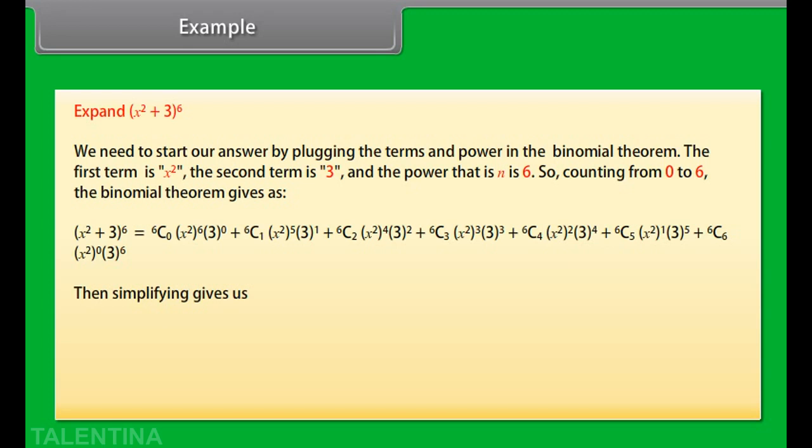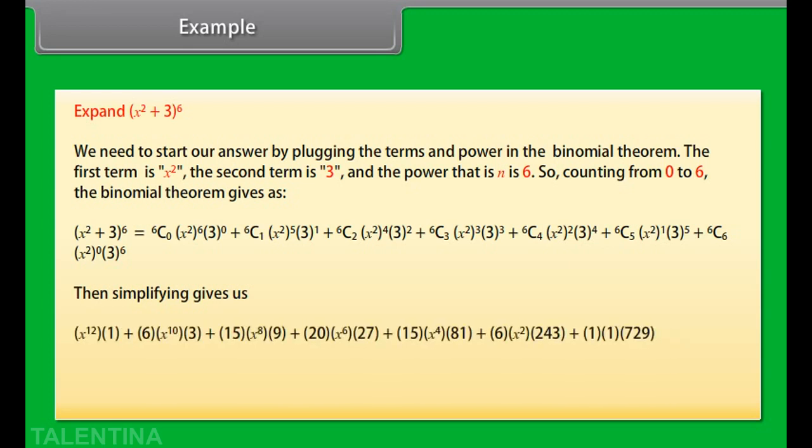After simplification, we get x raised to power 12 plus 18 into x raised to power 10 plus 135 into x raised to power 8 plus 540 into x raised to power 6 plus 1215 into x raised to power 4 plus 1458 into x raised to power 2 plus